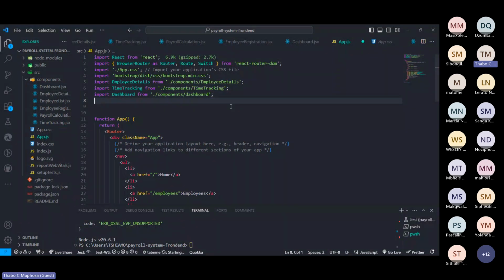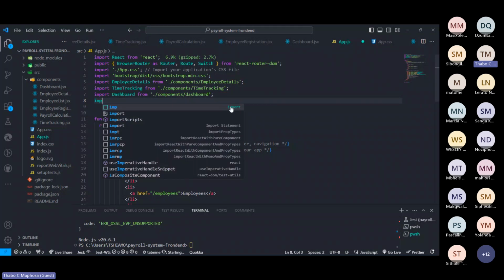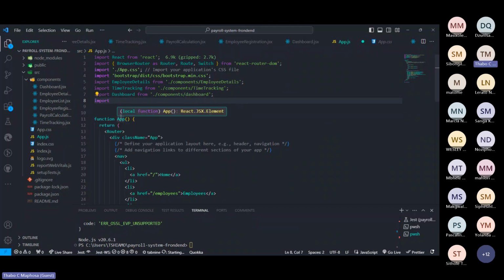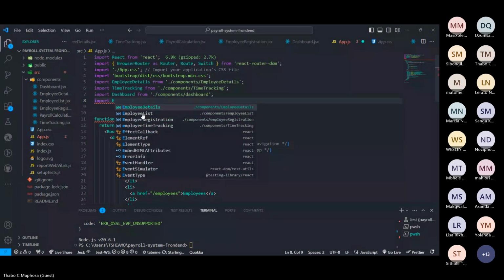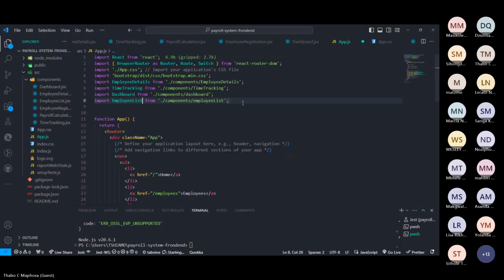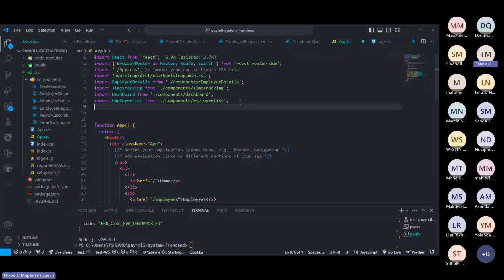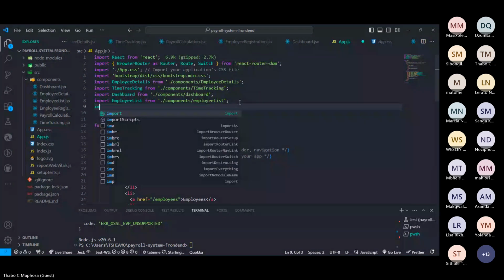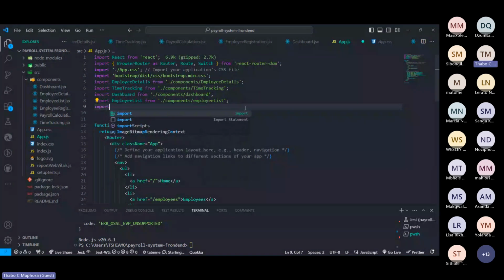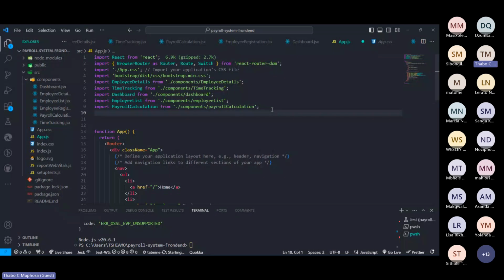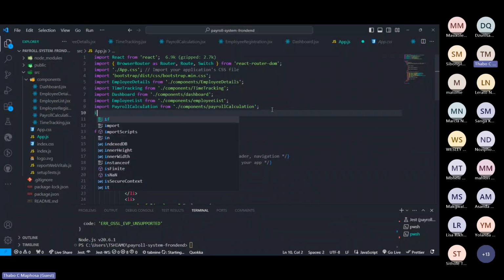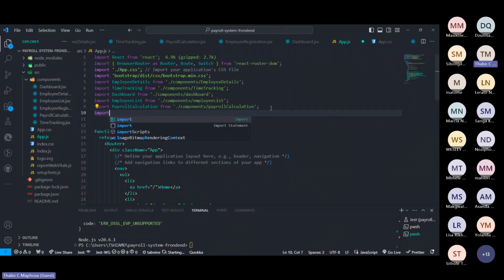And then from there, same applies. I need to import employee list from there, and then import payroll calculation. I also need to import another module here.